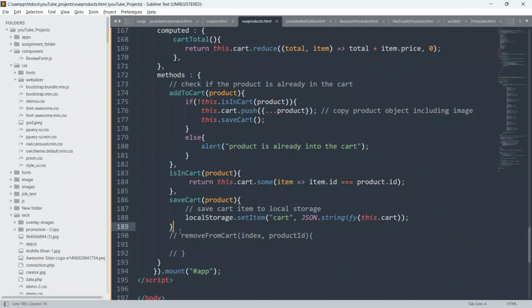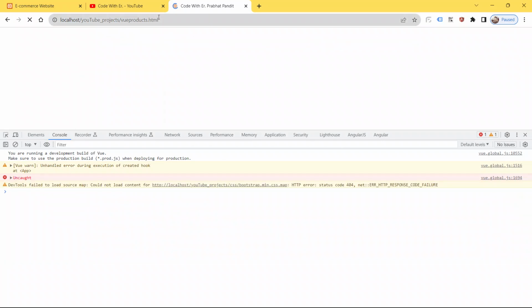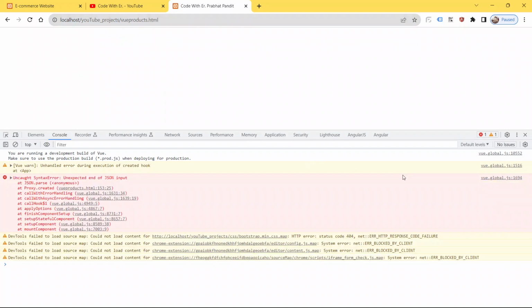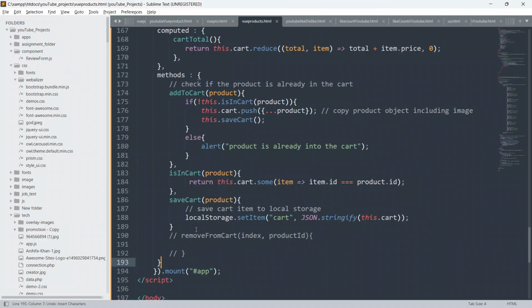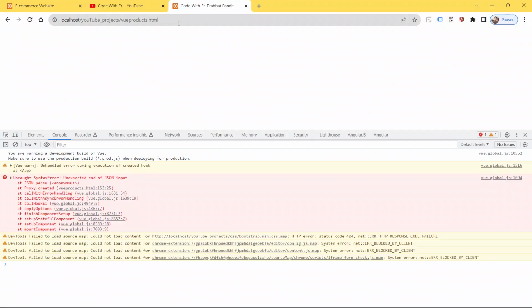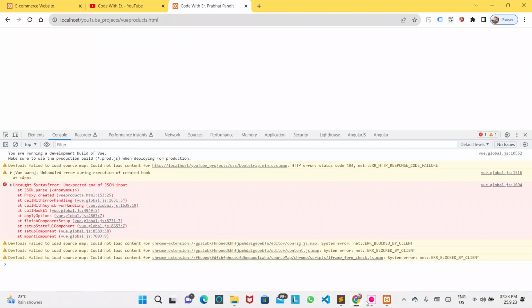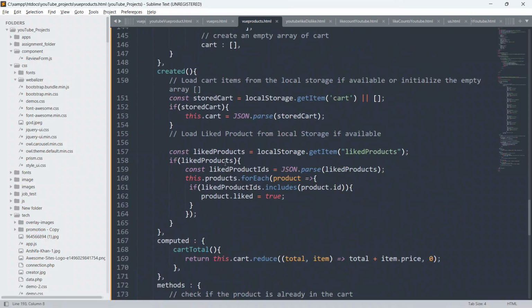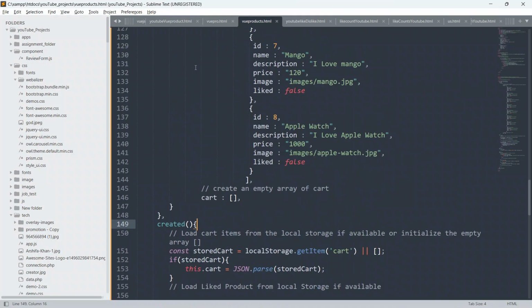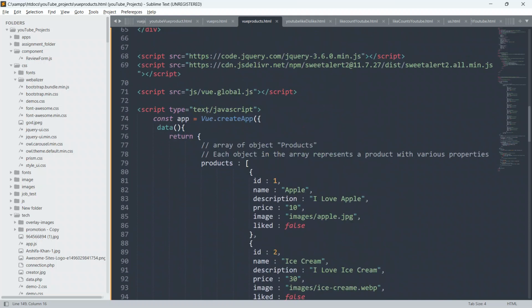Yeah, just give a comma here and now refresh the page. So give a comma here and give a comma here also. Now refresh the page. Still an error, guys. Okay, just let me check, guys, what is the error.